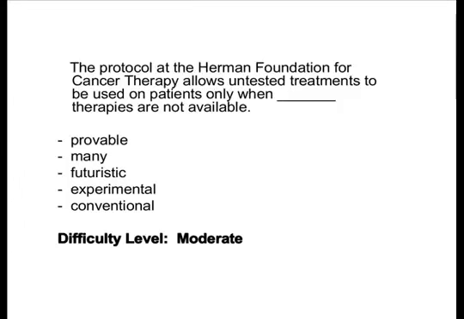It can't be many because we'd really only need one good therapy that is proven. We don't need many of them. It can't be futuristic because that is totally away from the point of the sentence. And it certainly can't be experimental because if it was experimental, then it wouldn't be reliable. We don't know if it's going to work. Conventional is the only answer that works. And in this context, conventional means within the norm, standard, traditional. All of those would work just fine.